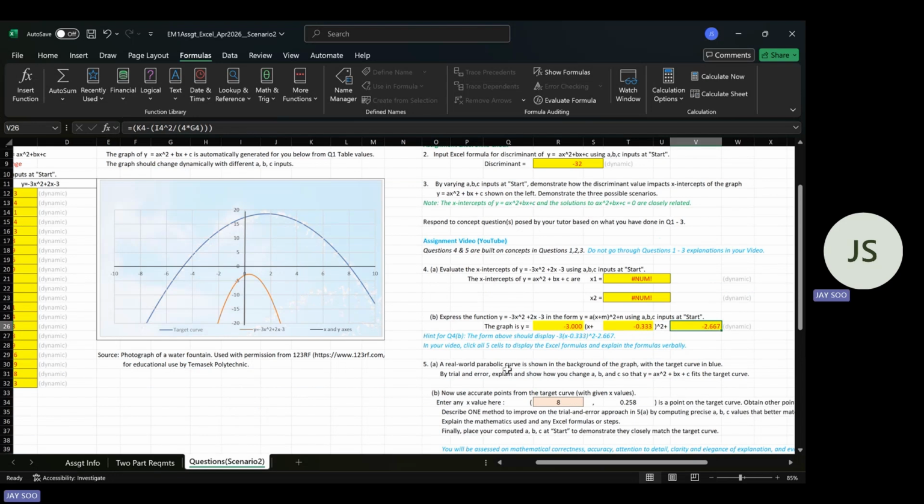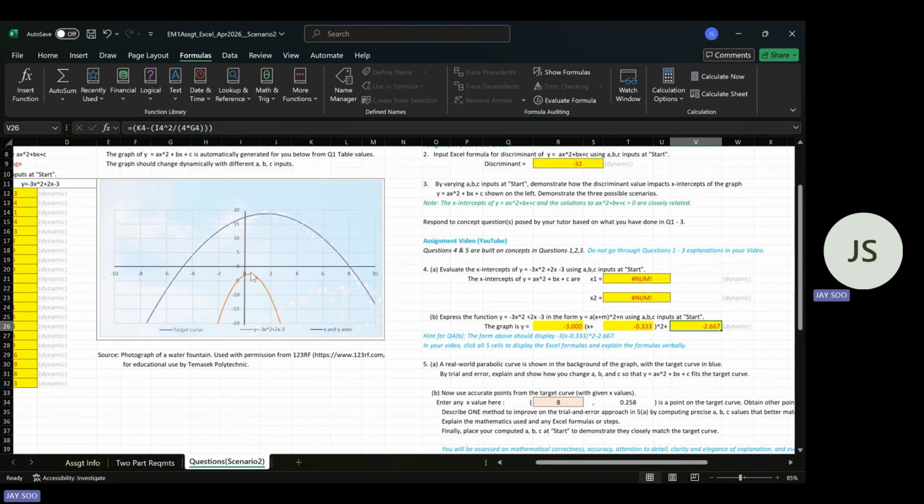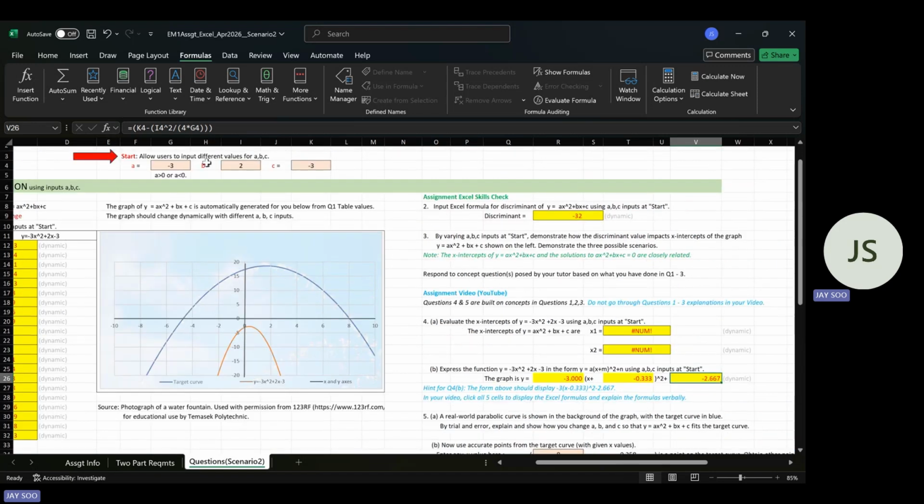For question 5, we have to explain how ABC affects this graph and how to make this graph match with this graph. So for A, it affects how wide the graph is and where the parabola will be, whether it's going up to down or down to up. For B,